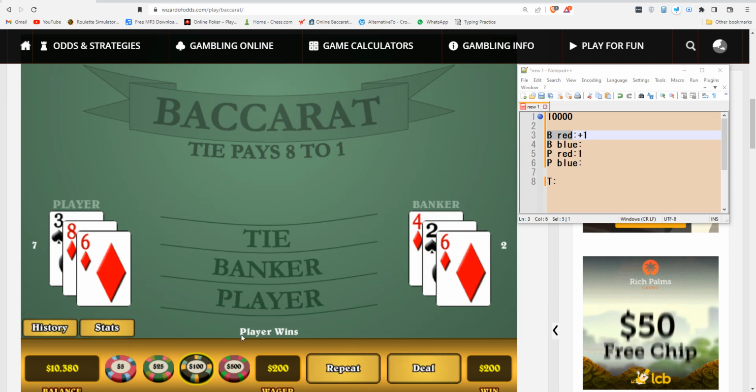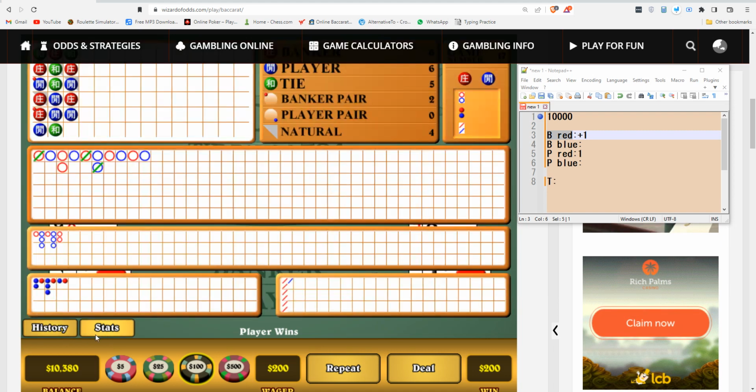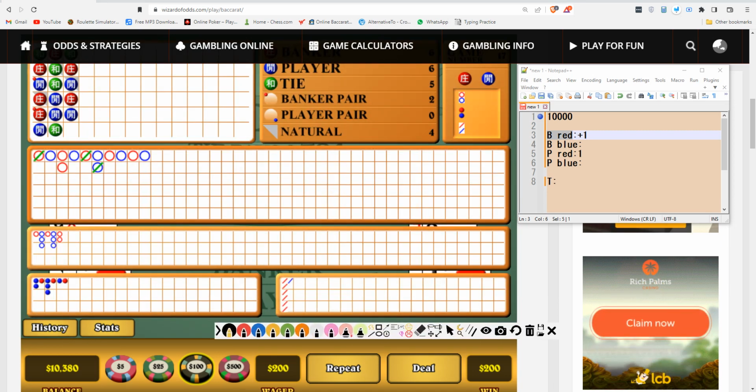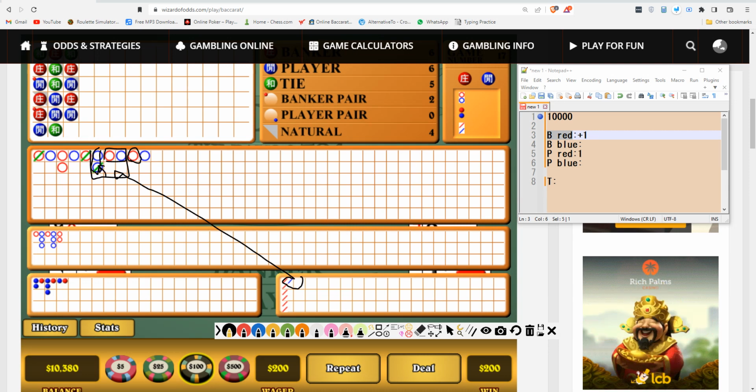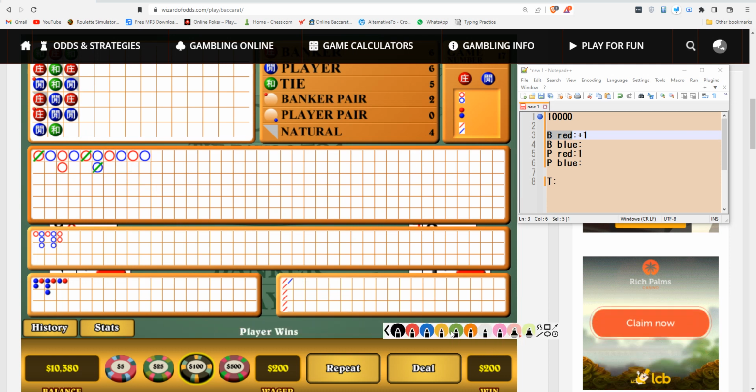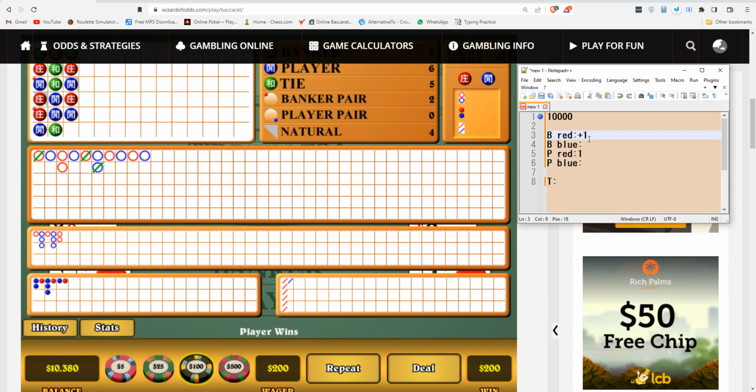You see. And now you'll see that the streak of red here on the cockroach pig road is broken, is finished, and you'll see a blue line on the third derived road here. You see, it lost, yeah. So this underdog here lost. This was the underdog, the last column, yeah. This was the underdog for this banker, and it lost. These other two, the majority, the dominant trend, the two red defeated the one red here, yeah, because they were opposite sides. Okay, so I won here the parlay bet,